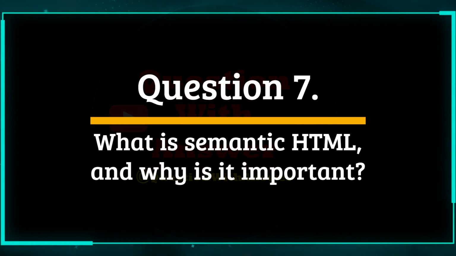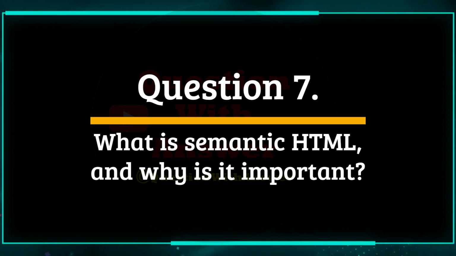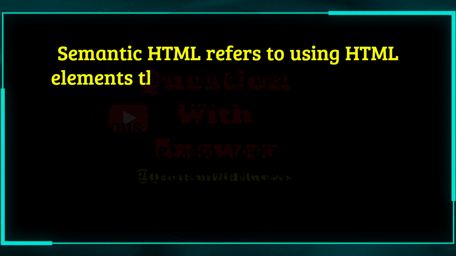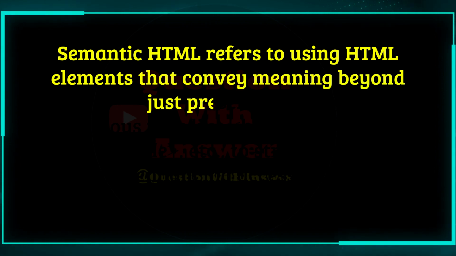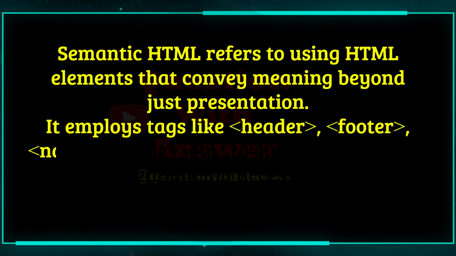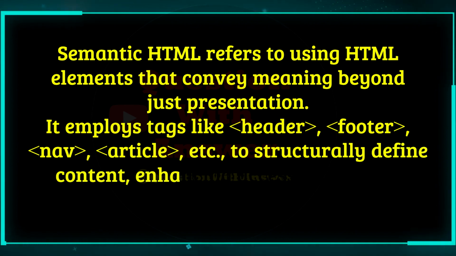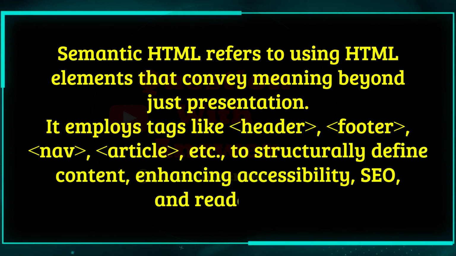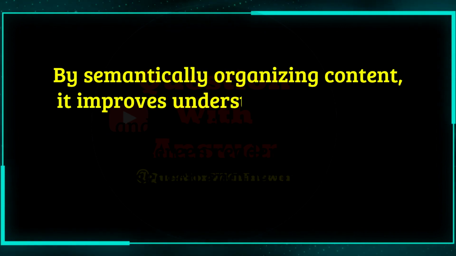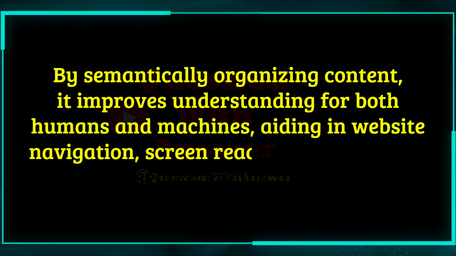Question 7. What is semantic HTML, and why is it important? Answer. Semantic HTML refers to using HTML elements that convey meaning beyond just presentation. It employs tags like header, footer, nav, article, etc., to structurally define content, enhancing accessibility, SEO, and readability. By semantically organizing content, it improves understanding for both humans and machines, aiding in website navigation, screen reader interpretation, and